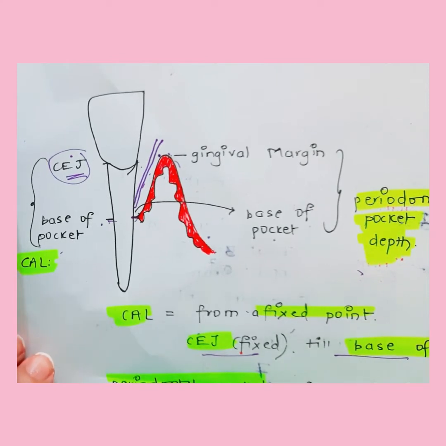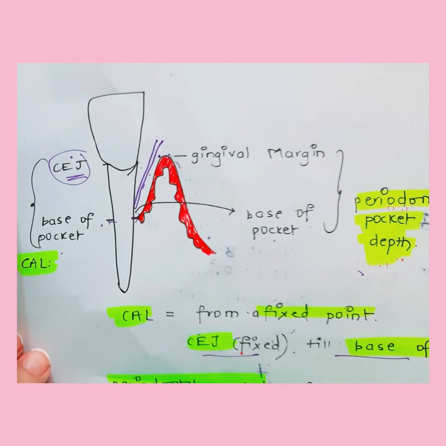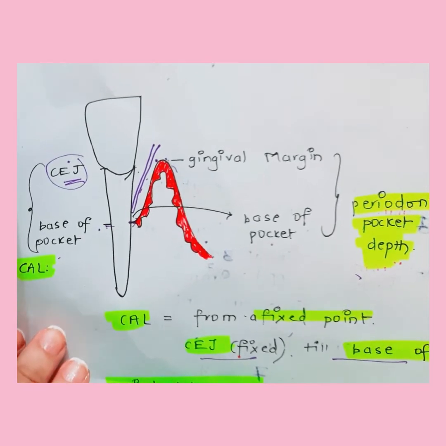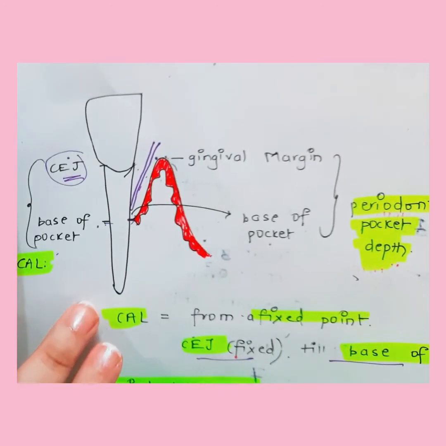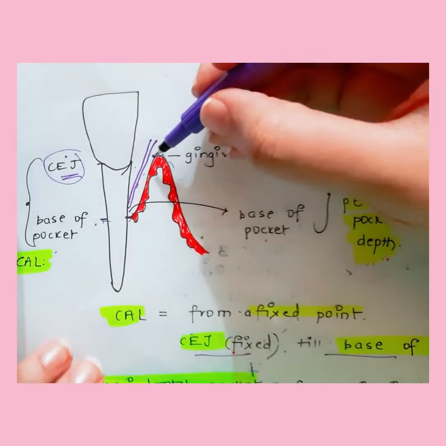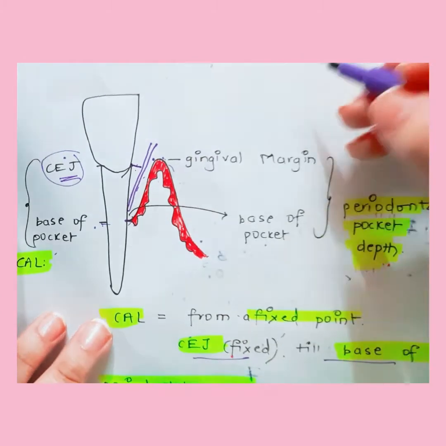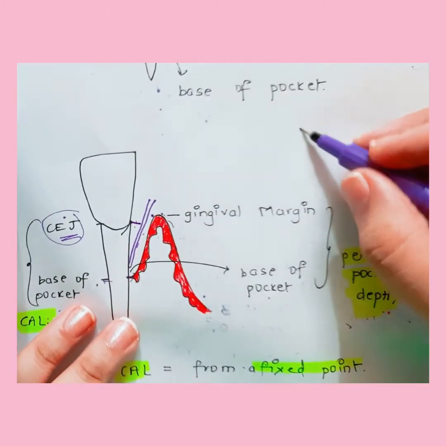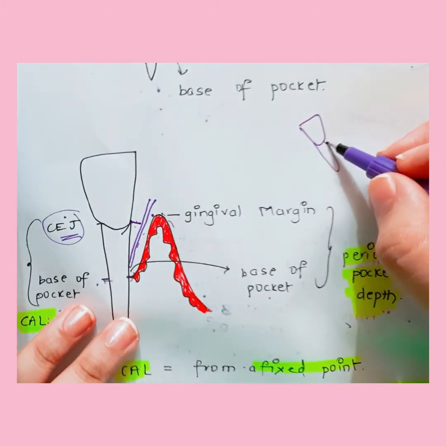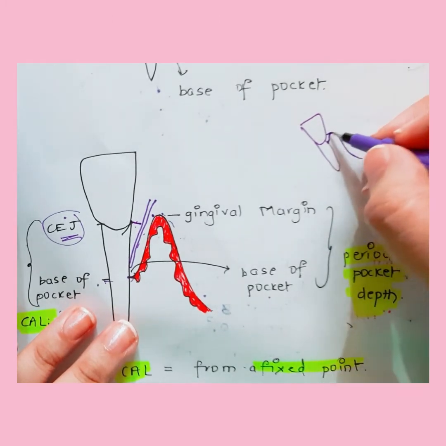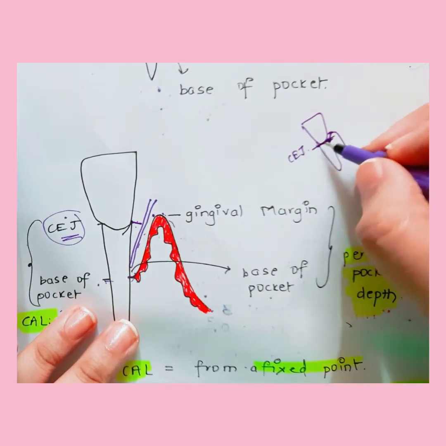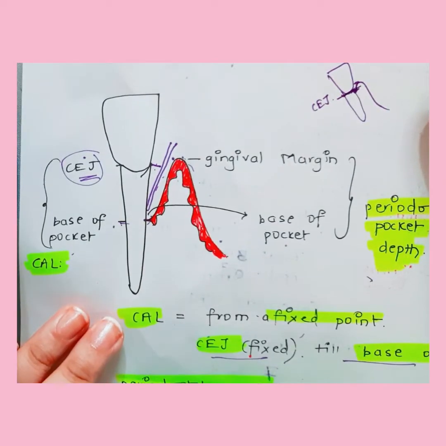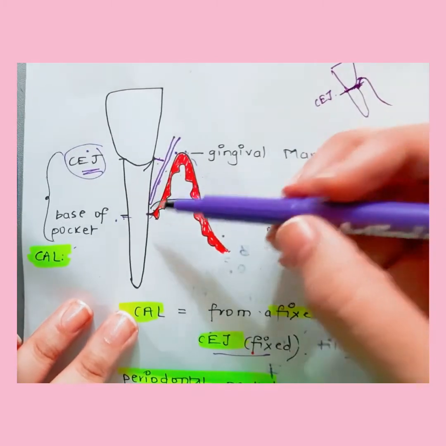So today we'll discuss the measurement of clinical attachment loss or clinical attachment level. Before that, we have to understand the difference between the periodontal pocket depth and clinical attachment level. Normally the base of the pocket is at the CEJ. This is the tooth. The CEJ or the gingival level is almost at the CEJ level. The base of the pocket is at the CEJ level normally, and if there is a pocket, the distance